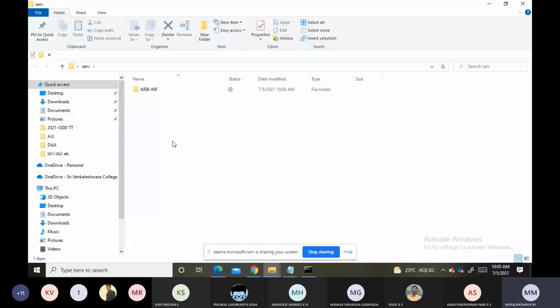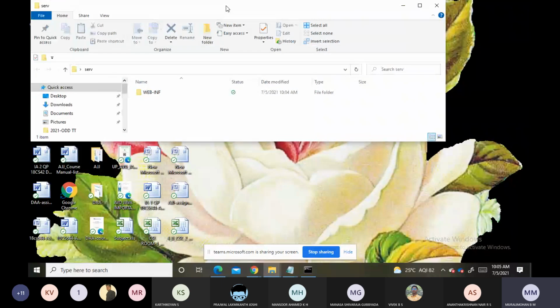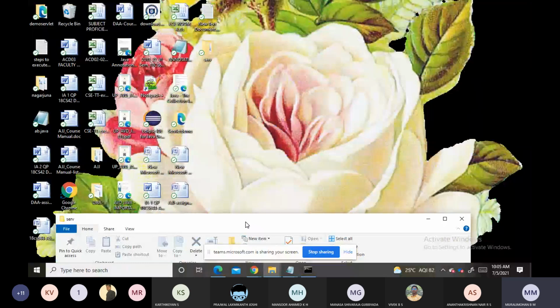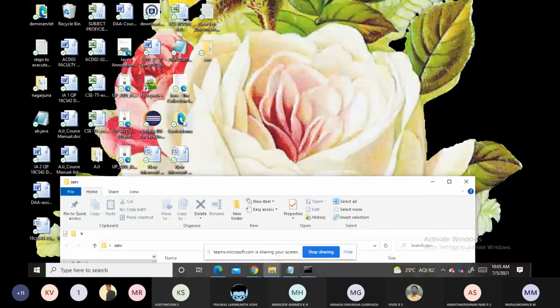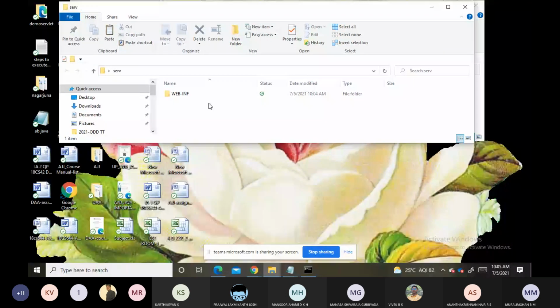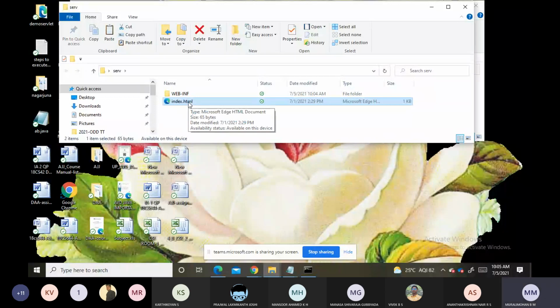For that, I have already created one client program. The same thing I will take. Here I am creating one HTML file. Clear?